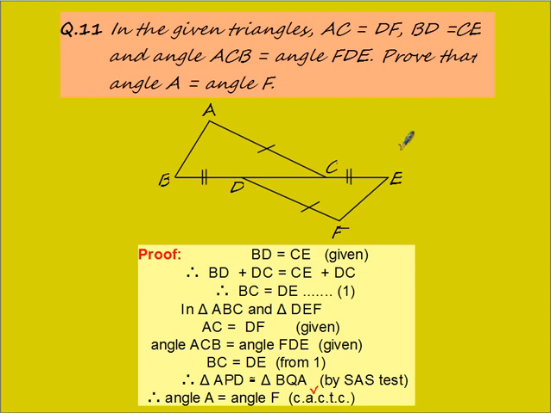BD is CE. Can you see B? So this is your B and D, and BD is given equal to CE. Very good. Now angle ACB, so you see here ACB. Please understand, if you don't understand the diagram and mark it there, it will be difficult for you. ACB is equal to FDE. These two angles are also given equal. Now I got SAS.